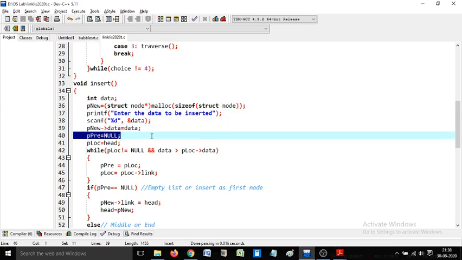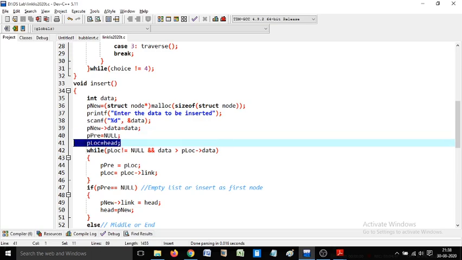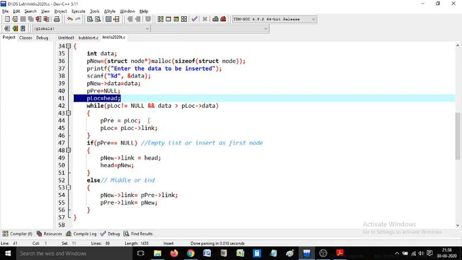After that, I assign null to the p3, and p location is assigned with head. Here I have added a new logic which was not there in the insert algorithm. The condition here is that we are supposed to maintain the list as an ordered list, which means whenever we try to insert a new value, its position has to be properly identified, and then the data has to be inserted exactly there. We can't just randomly insert it somewhere in the list. So we have to first locate its correct position.